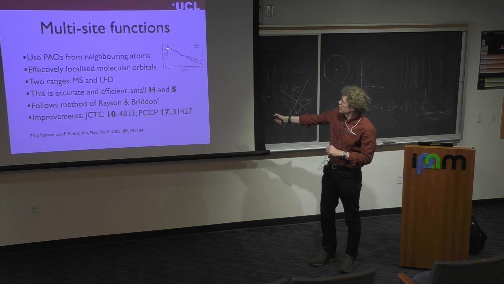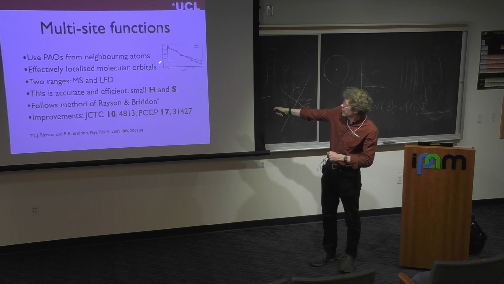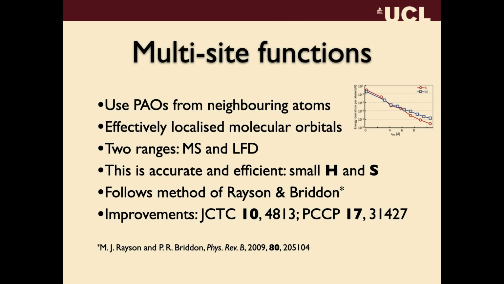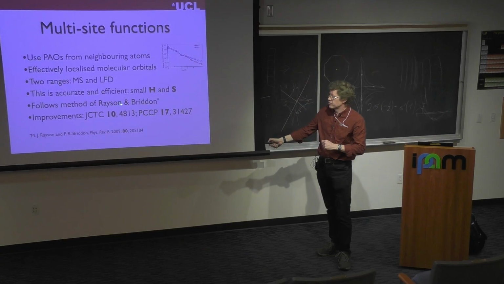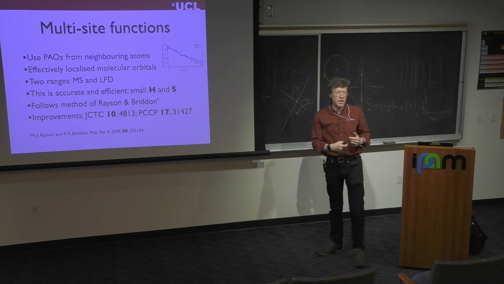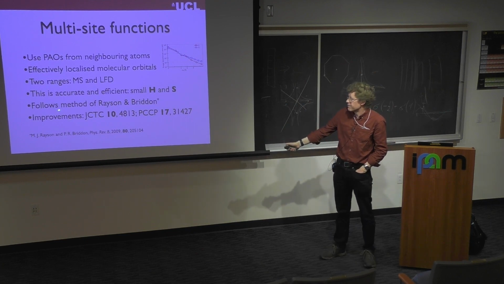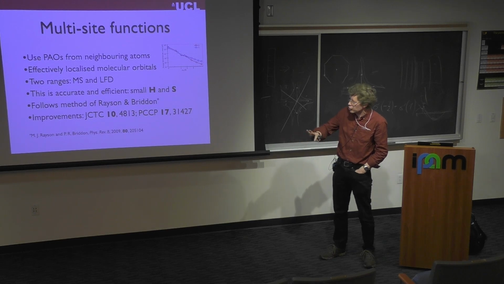This plot shows that as you increase the radius of the support functions, the energy deviation, on a log scale on the y-axis, comes very quickly down towards 10 to the minus 5 eV per atom. The two curves are silicon and aluminum. I say aluminum because I'm in America; if I was in the UK, I would say aluminium. They converge at about the same rate. It's a really nice idea. It comes from Mark Grayson and Patrick Briddon, who work on the AIMPRO code in the UK. We've made various improvements to it, and I can tell you more about it if you're interested.